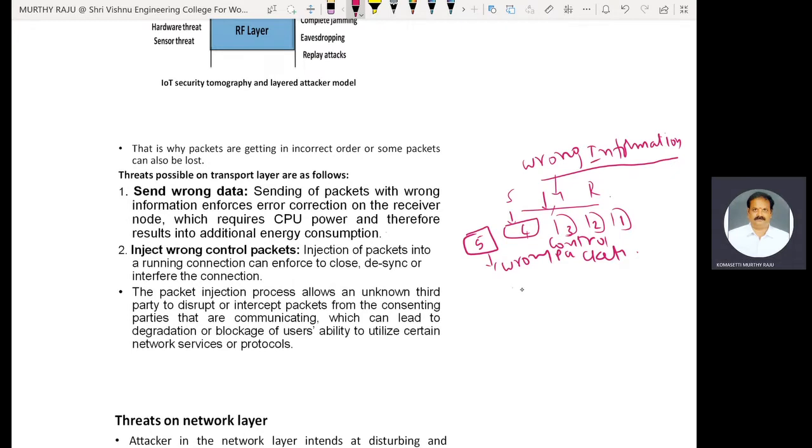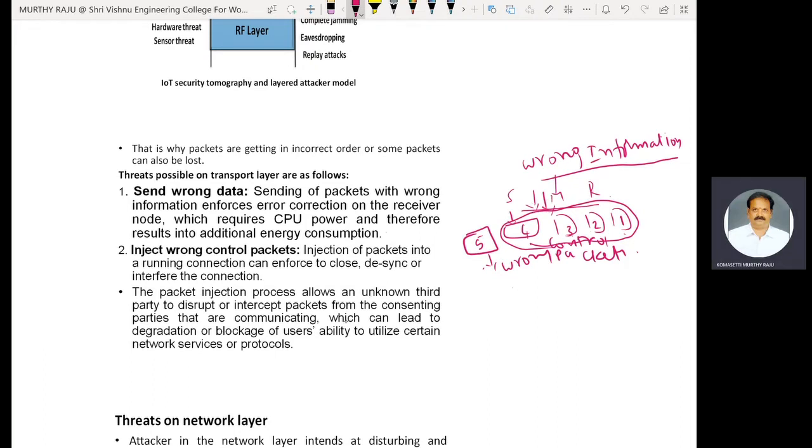Third parties forcibly inject wrong information packets into that connection. These packets intercept the packets from the consenting parties. 1, 2, 3, 4 are the genuine packets. The fifth one is the wrong packet. This fifth wrong packet attaches to these 4 packets and disturbs the communication, closing the connection between the source node